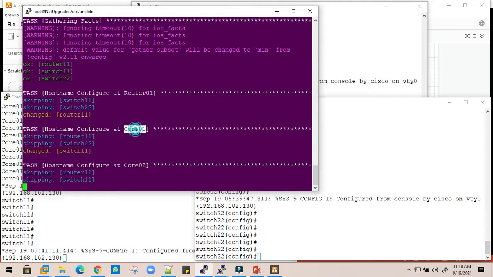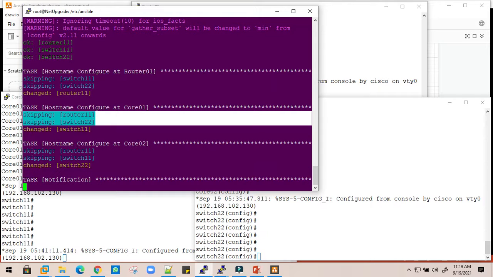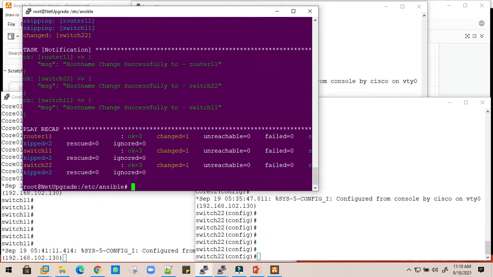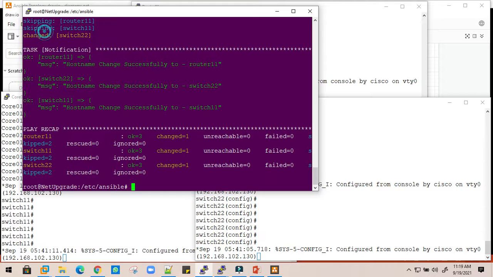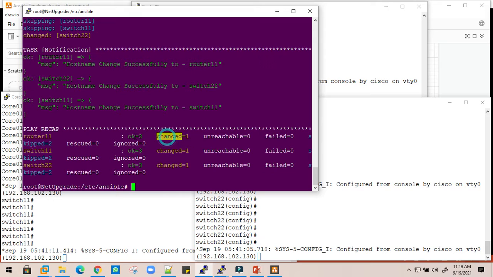Now we'll consider switch 01, which is core 01 now. It will verify all the devices; where the condition is not true it skipped, but where the condition is true, it changed the name. And once it has been executed, it will notify us that the name of the device has been changed, and changed 1 on device 1, which is successfully done, which is okay.